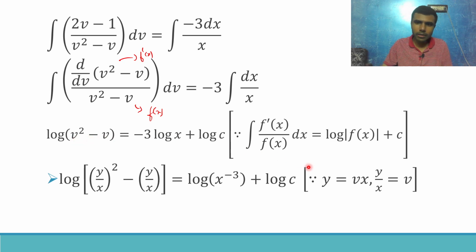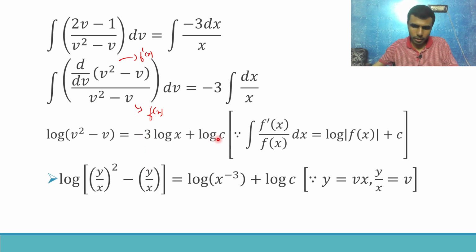V is something we have introduced. Y equal to vx, so v will be y by x. If you remember, in the beginning I made this substitution. So y by x would be nothing but v. Fine. Now in place of v, just put y by x. So y by x log of y by x whole square minus y by x is